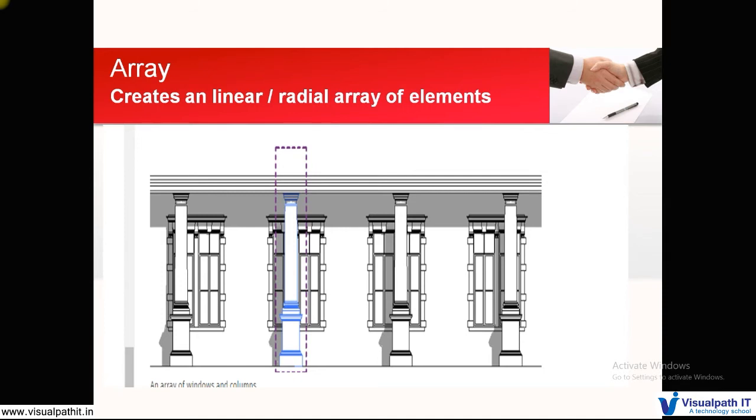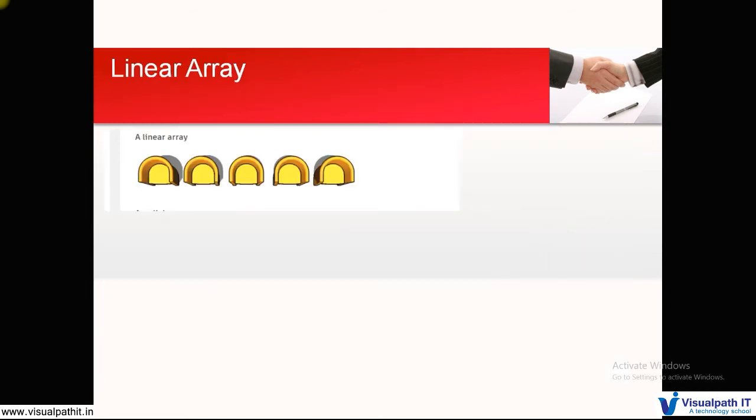Now linear array is arranging an element row wise and column wise with a specified distance. Okay, so that is array. So array comes not in place of walls, but when a furniture is placed. So let us place a furniture and define that. So it can be columns. So when I talk about this linear array, you can say a furniture is placed at some specified distance.